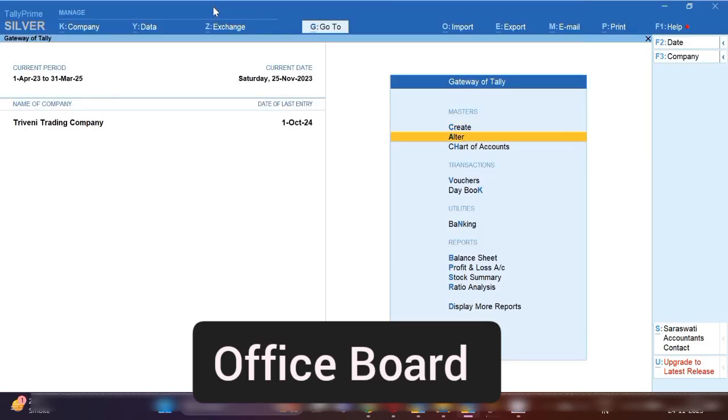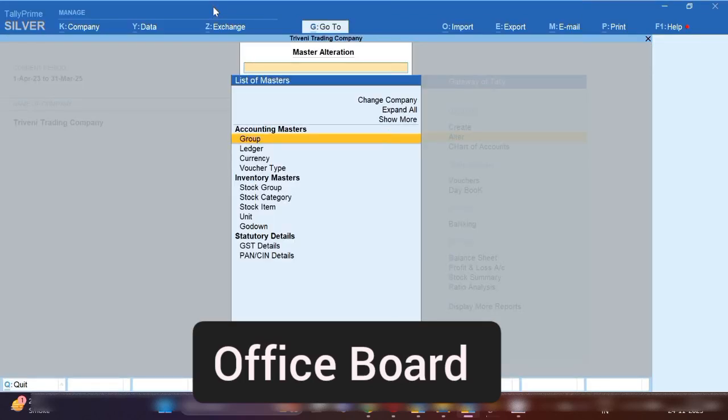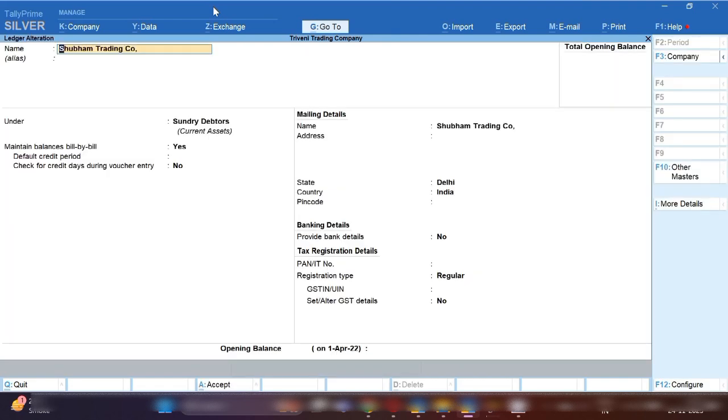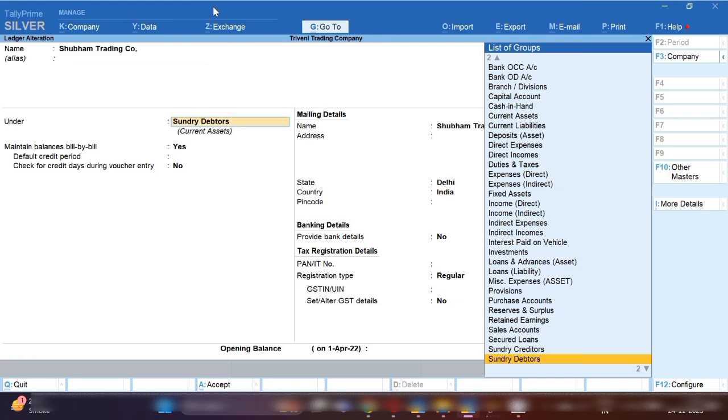Open Tally Prime. First we will create a ledger. So from Gateway of Tally, click on create and then the ledger option. So I'm going to tell you how you will create a ledger. First I'm going to create the Suman Trading Company ledger under sundry